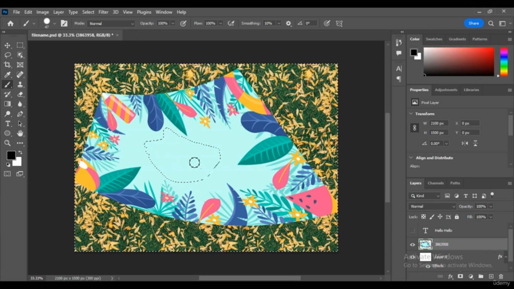So the selected part is outside the cover area that we just masked with the brush tool previously. To erase some other parts of the mask area, deselect first by pressing Ctrl D on your keyboard.